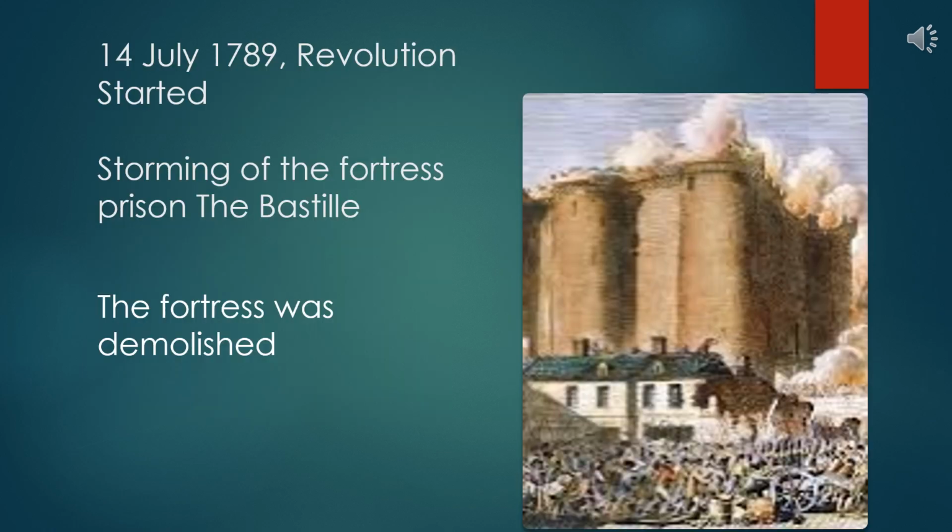Now students, this chapter begins with the incident of the storming of the Bastille prison. By July 1789, rumors were all around in France, especially in Paris, that the monarch King Louis XVI was planning something against his own people. The French army was being prepared to fire upon the French people. Thus, around 7,000 common French people formed a people's militia. But they needed weapons, and that's why they attacked a few government buildings and captured weapons from them.